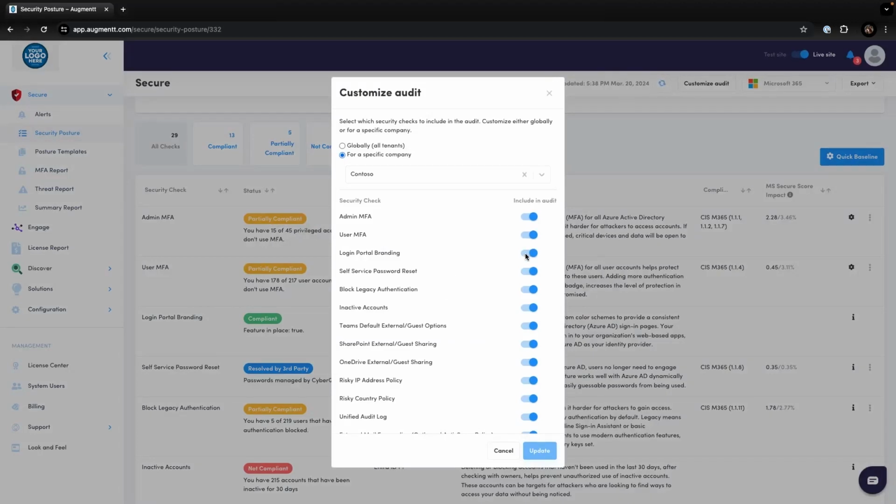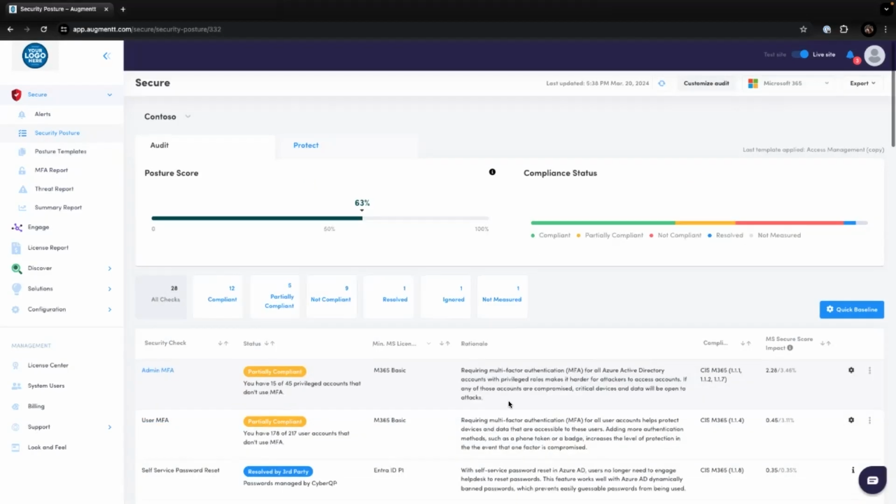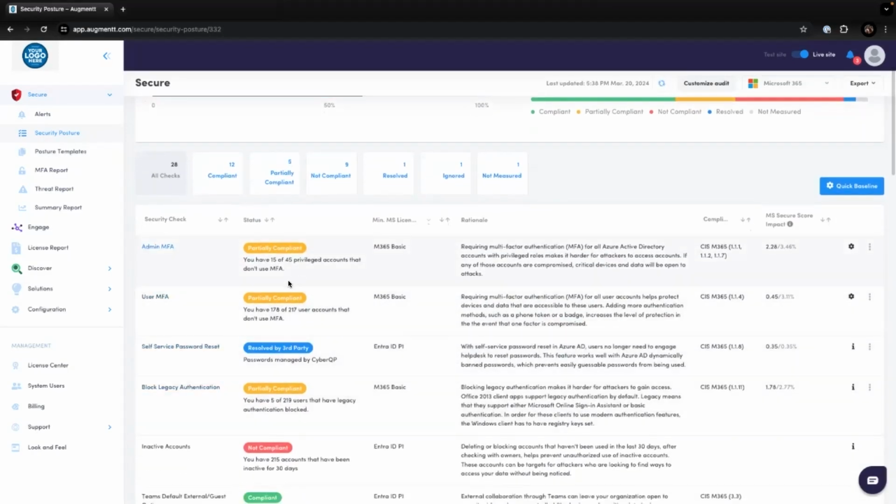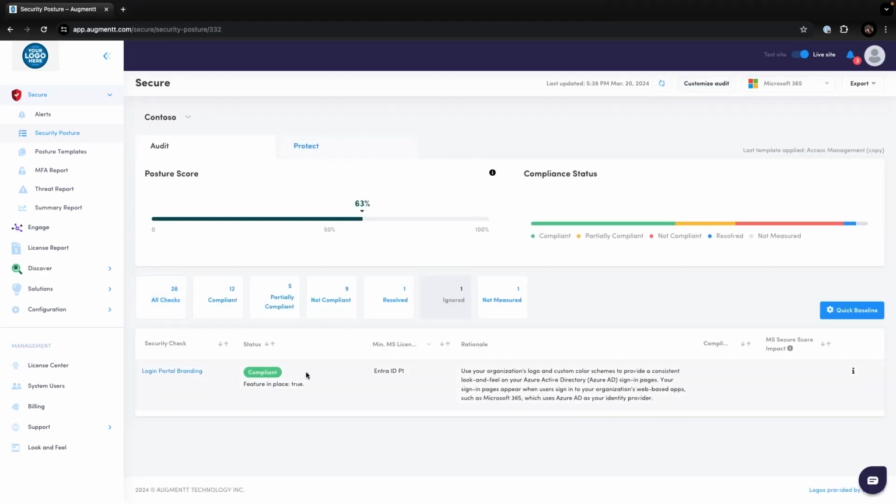And this can be set globally or per tenant. I'm just going to set it for this tenant for now. I'm going to hide login portal branding, click Update. And now the login portal branding has been removed from the posture report. If I wanted to view it, I could just click Ignored. And I can still monitor the status of the security posture check without having it show up on the report